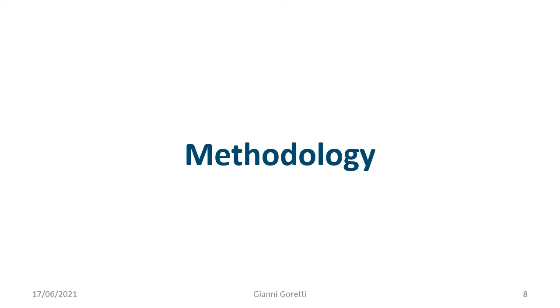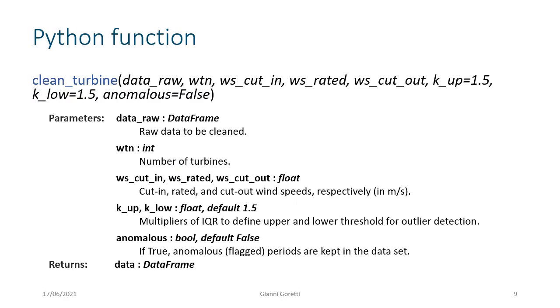Coming then to the methodology and how the function is set up and how it works. The function is called clean turbine, clean underscore turbine, and it takes a few parameters that you see here. So the first one being obviously the data set, the data raw,